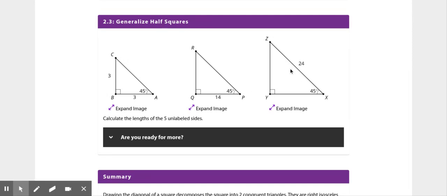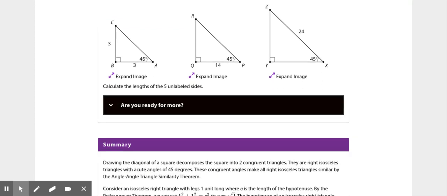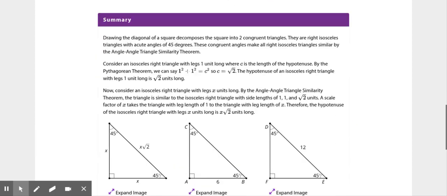So, all right. So if we multiplied when we knew the leg, this time we're going to divide. So we're going to use the inverse operation. So the length of these two sides would be 24 divided by the square root of 2. Again, I don't want you to do the decimal values. I just want you to think about it this way. So as we scroll down here,